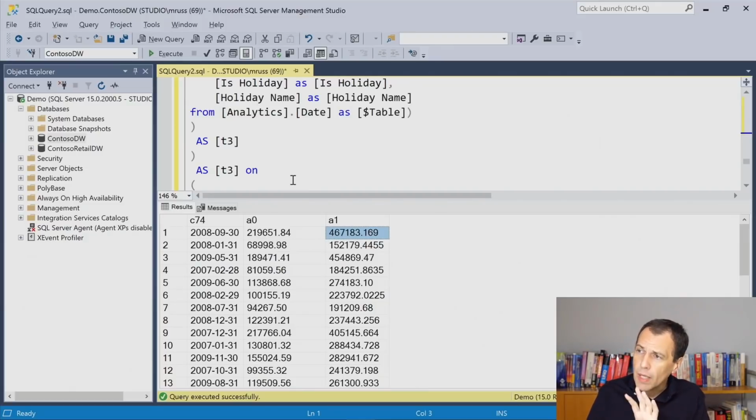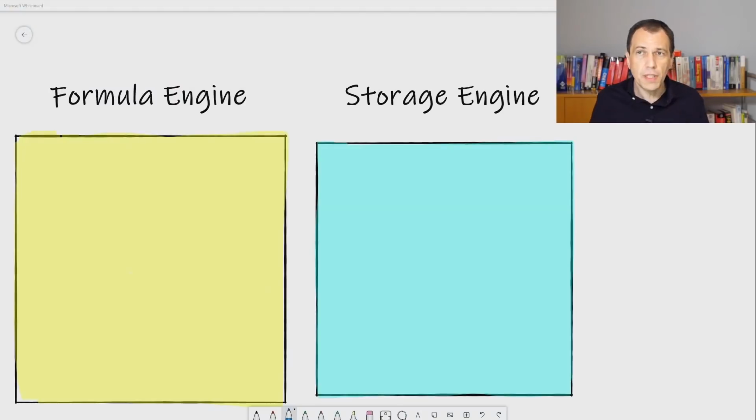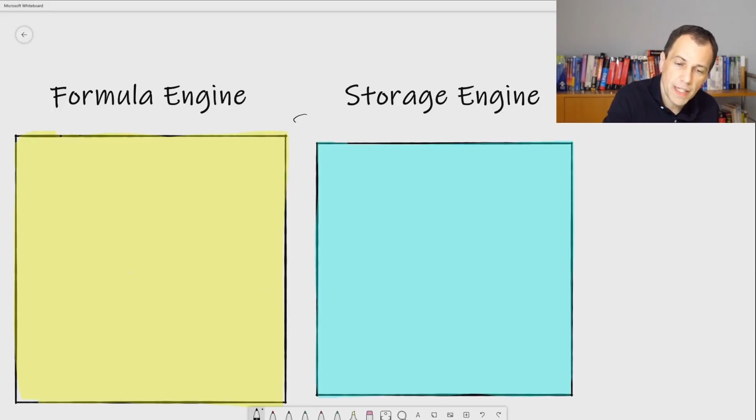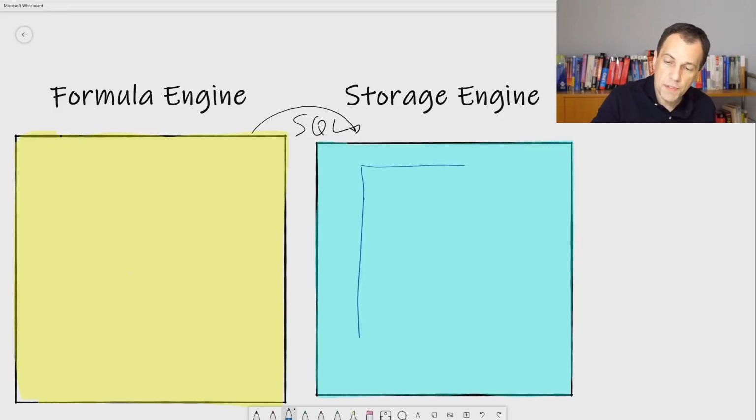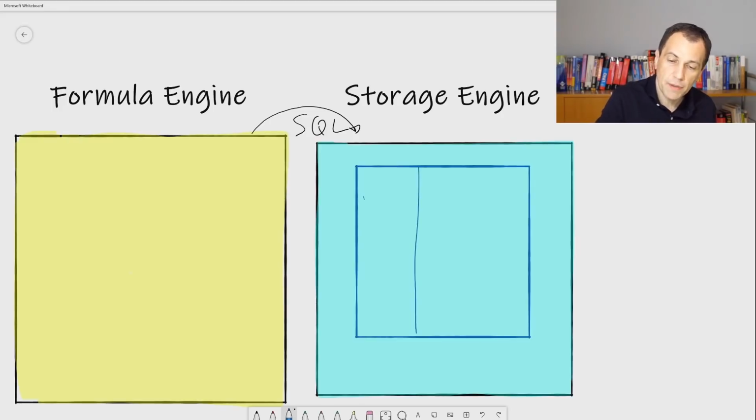So if I go back one second to the whiteboard, just let me recap what happened here. We have seen a SQL query sent by the formula engine to the storage engine. And this SQL query retrieved a table that has, let me go here, 3 columns. We have the month here, we have the total cost, and we have the sales amount.